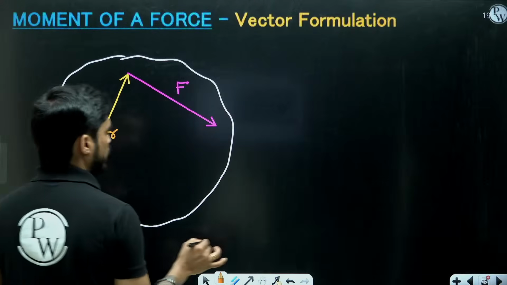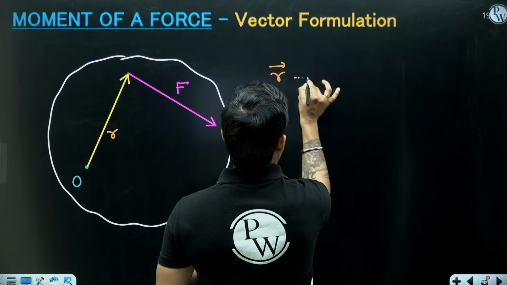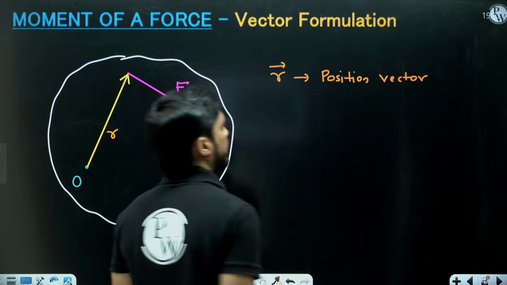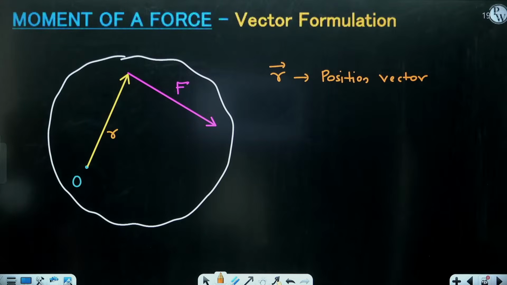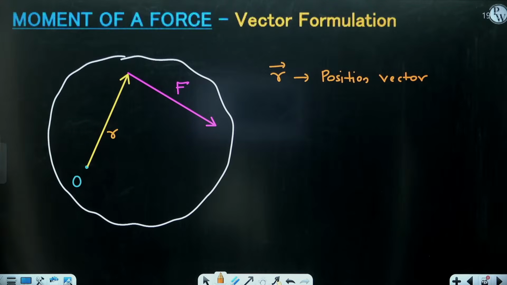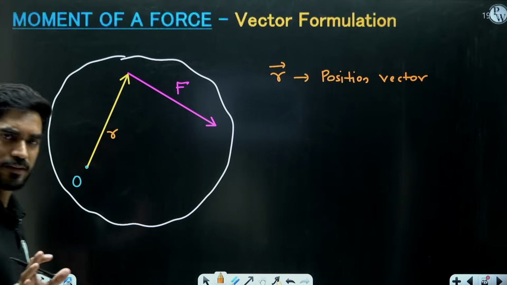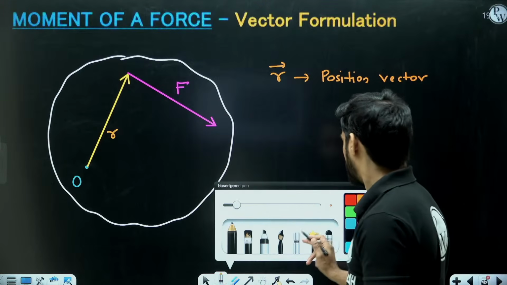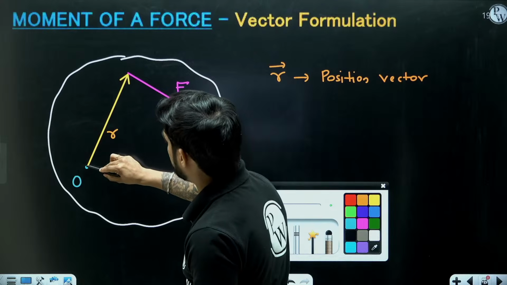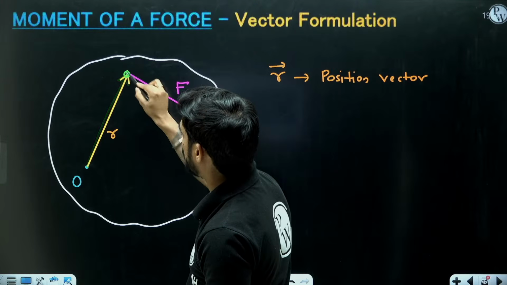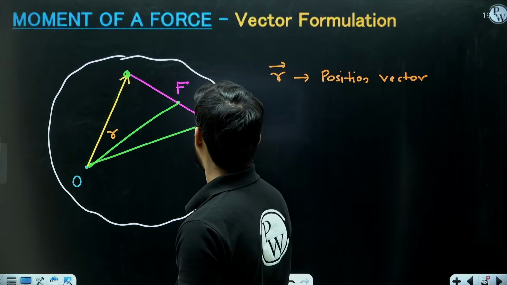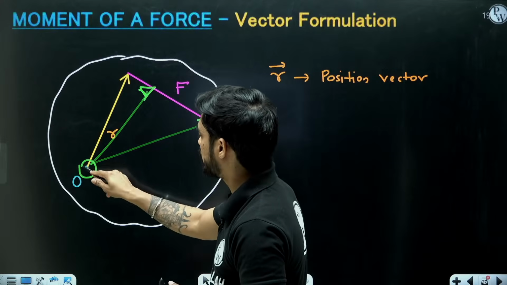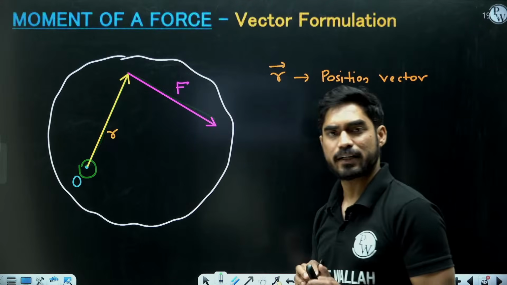This is R. So R is known as position vector. Okay. How to find the position vector? That I will tell you through example. When I solve an example, then you will understand how we can find the position vector. But again I will repeat that this position vector, it is not necessary that it should point here. It can also be here, anywhere. So it is a vector drawn from the point to this force vector.